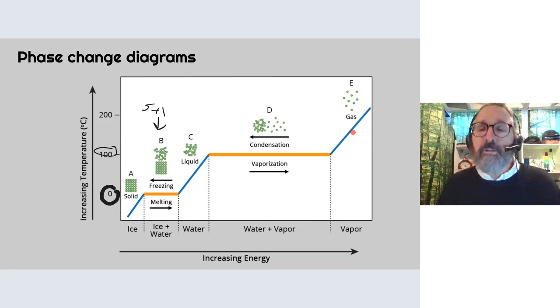You also notice that if we come back down, decreasing the energy, at 100 degrees we'll start to condense it. So it'll be partly liquid, partly gas at the same temperature. Vaporization and condensation are opposites: in vaporization, we're increasing the energy, and in condensation, we're reducing it. Then we get to a liquid state, start to reduce the amount of energy here, and now, removing energy, we start to see liquid and solids start to form until the